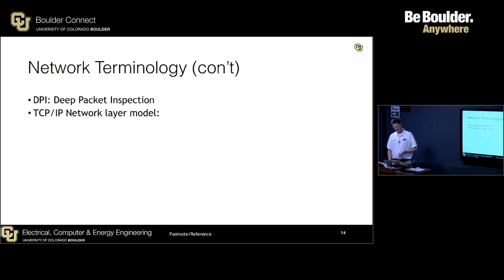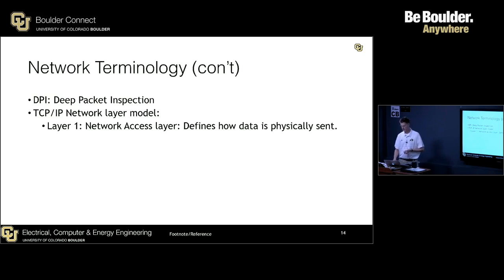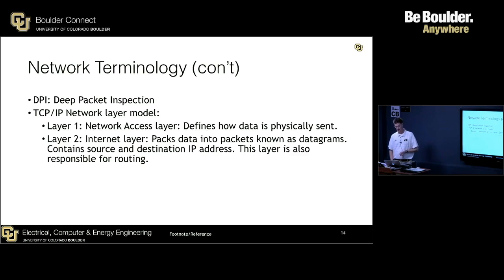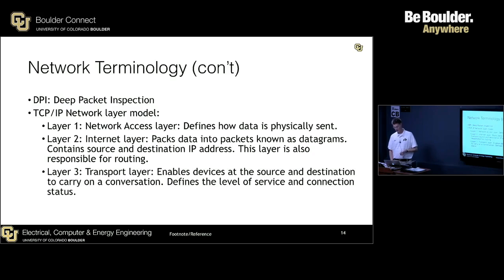TCP/IP network layer model has a series of layers. The layer 1 is what's referred to as the network access layer, and this layer defines how data is physically sent. Layer 2 is the internet layer, and it packs data into packets known as datagrams and contains the source and the destination IP addresses. And this layer in the protocol is responsible for doing the routing, making sure that the packet gets to its destination. The transport layer